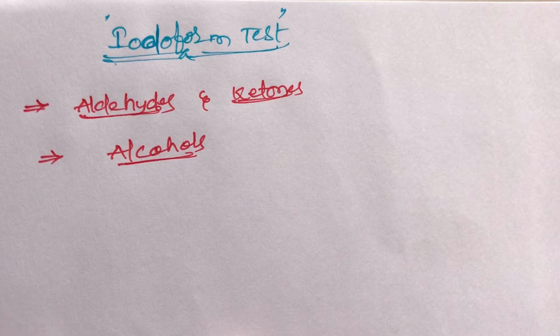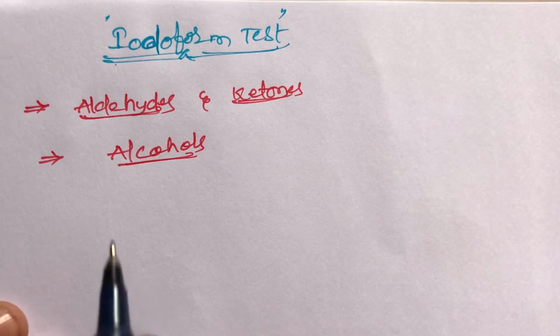Students, next continuation, that is the iodoform test in aldehydes, ketones and alcohols. Already I explained in the previous video the conditions for aldehydes, ketones and alcohols. These functional groups, the aldehyde group, ketone group and alcohol group, can give a positive iodoform test. But one more point, students: not all aldehydes, not all ketones and not all alcohols give the iodoform test. This is a very important question.